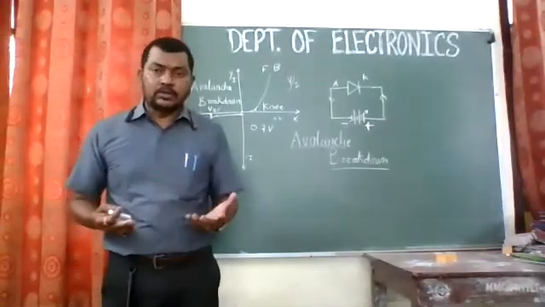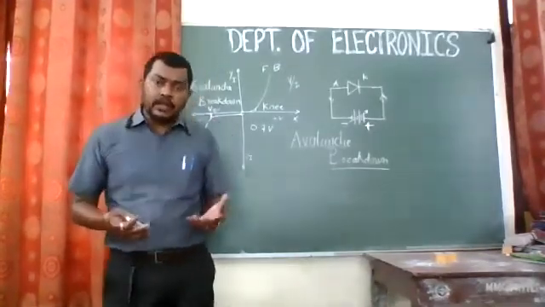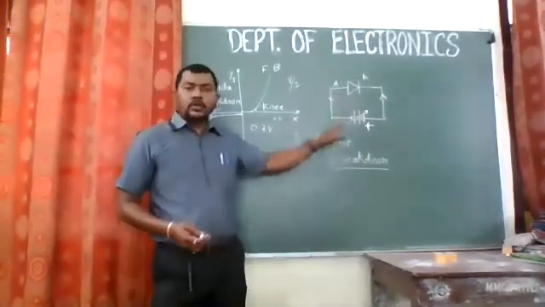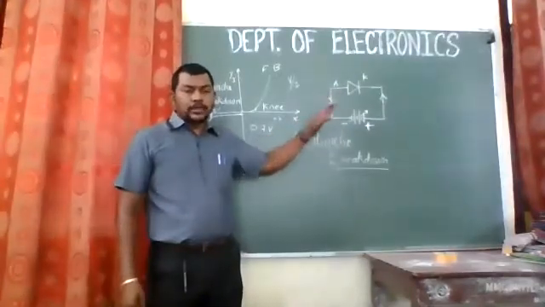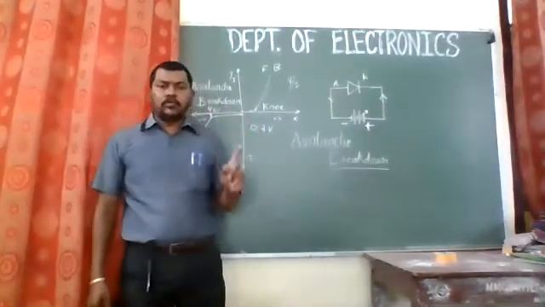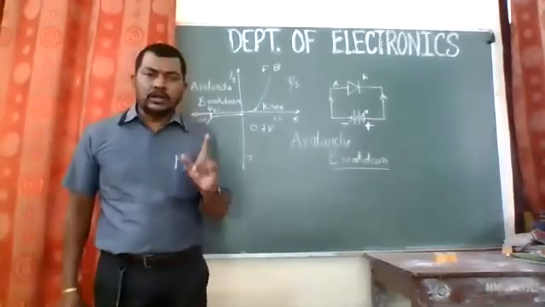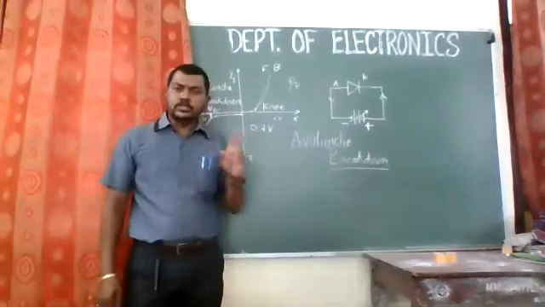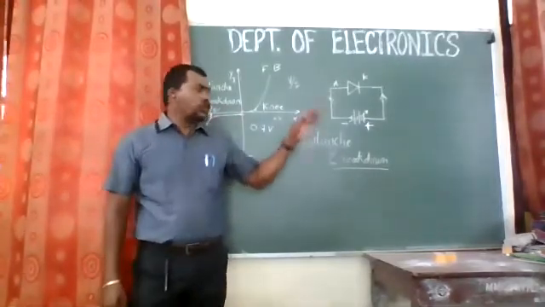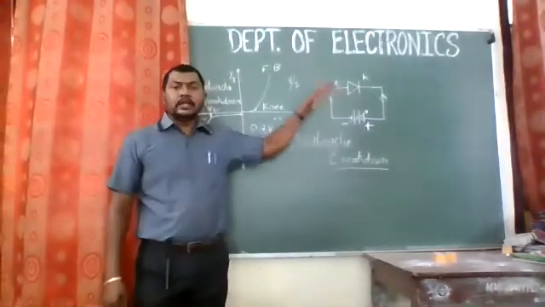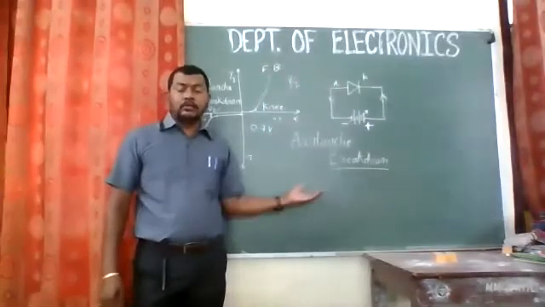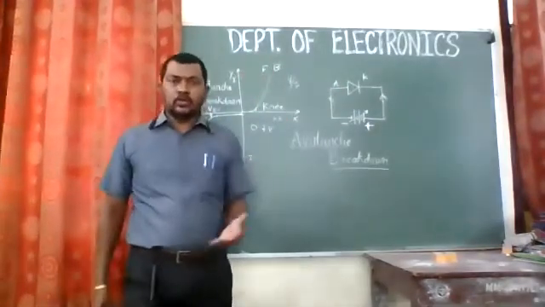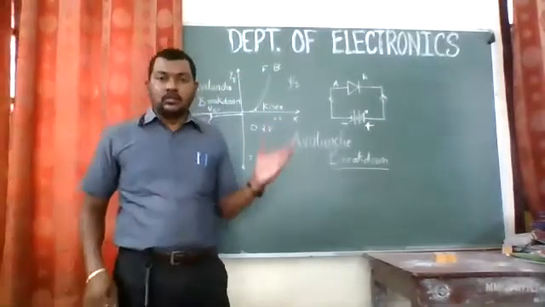The diode will be damaged, or the diode will get damaged, right? So we are not going to operate this diode in reverse bias condition. Remember 2 points: in forward bias condition, the diode conducts, and in reverse bias condition, the diode does not conduct, right? So we are not going to give that much voltage which is going to make it break down. We will have an avalanche breakdown at a very high voltage, so we are not going to give it that voltage.